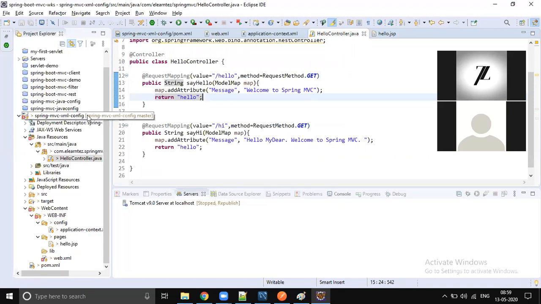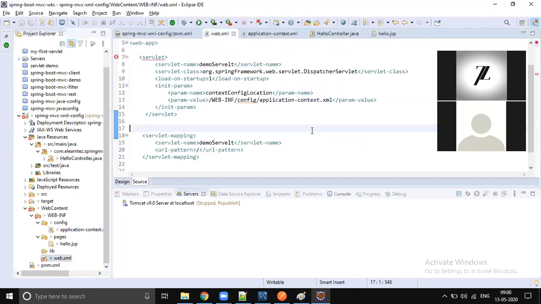When we run this code, first of all, the web.xml file will be loaded. As part of web.xml, it will go and load the dispatcher servlet. Again, the old life cycle: servlet class loading, servlet object creation, and everything is going to happen. Finally, as part of servlet initialization, the dispatcher servlet will start loading this configuration into Spring.